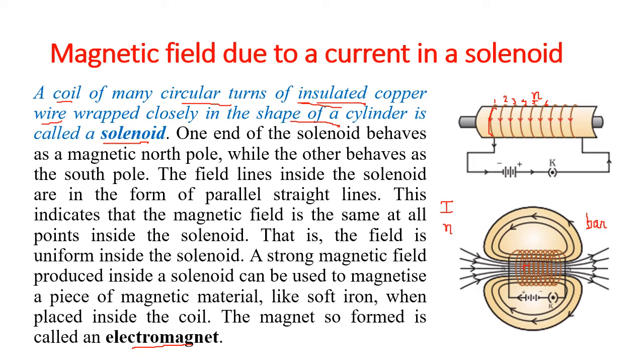And if you place the iron core inside the solenoid, it makes the field stronger. If you place a soft iron core inside the solenoid, it makes the field stronger. Means you can make the field as strong as you want. Yes, by increasing the current or by increasing the number of turns or by placing a soft iron core in the core of the solenoid. So that is the difference from a permanent magnet.